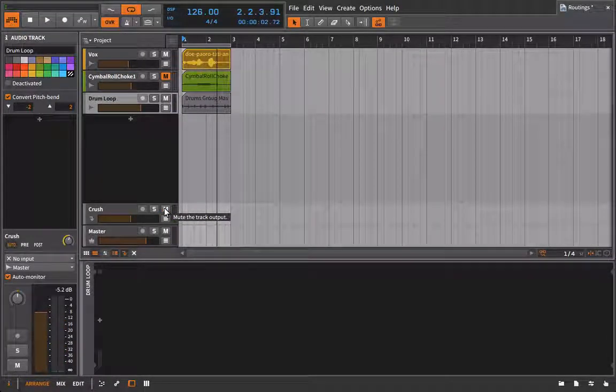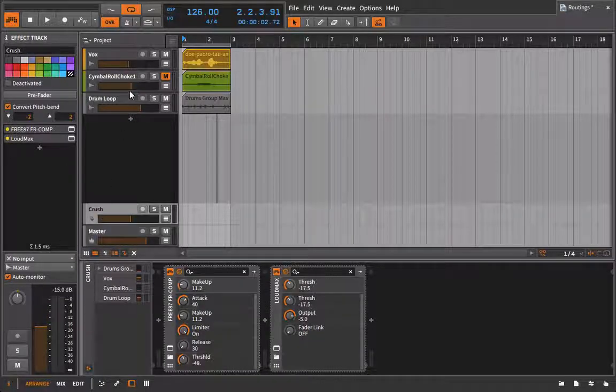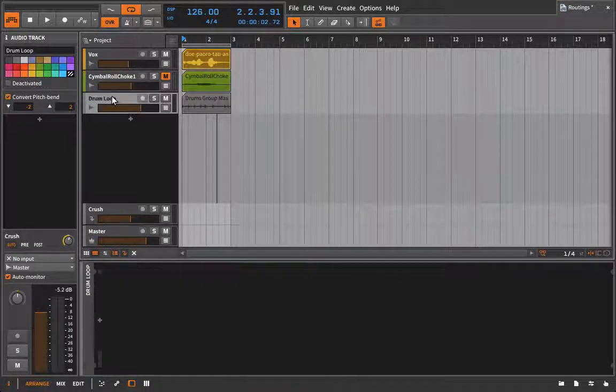So there you go, pretty straightforward. If you'll notice, there is an option here to choose how we want the signal to come into the send and return track. And this is really important. So if you notice, we have auto, pre, and post. When it's set to auto, it's always going to be going in post fader, which means if I turn,